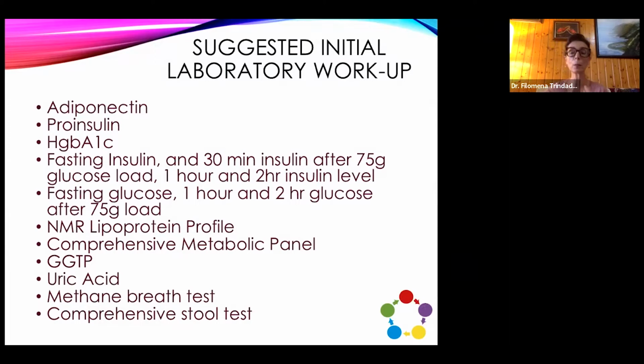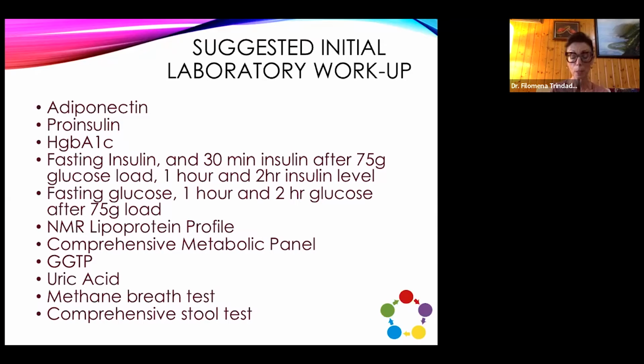I really like looking at adiponectin. I was really excited when it came out and got released as a marker. Adiponectin is fat-derived. It's probably the only anti-inflammatory molecule that is made in the fat cell. And we know that adiponectin decreases before insulin increases. When it came out, I was really excited because I wanted a marker I could use to determine whether someone was insulin resistant, even before their fasting insulin went up,